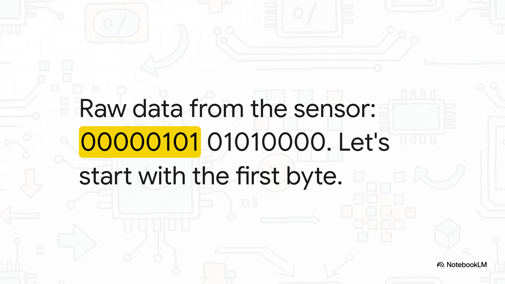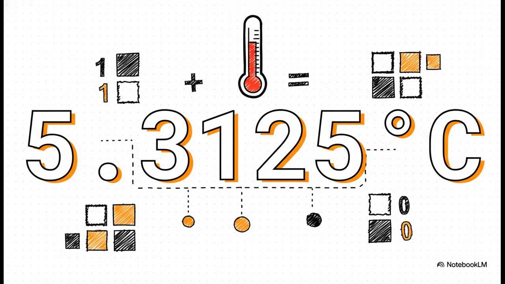00000101. So we look at our dictionary. We've got a 1 in the 4's place and a 1 in the 1's place. The rest are zeros, so we ignore them. So we just add them up. 4 plus 1 is 5. Simple as that. Now for the second chunk, the decimals,